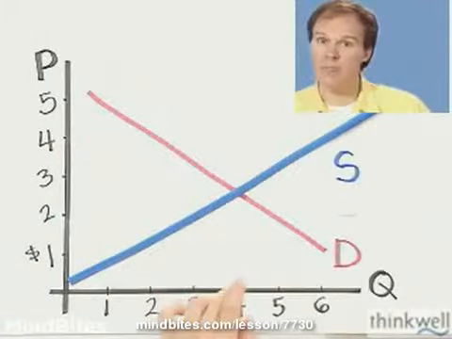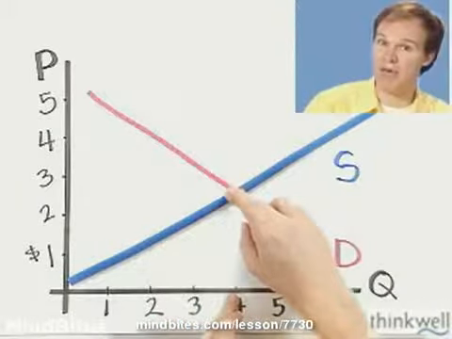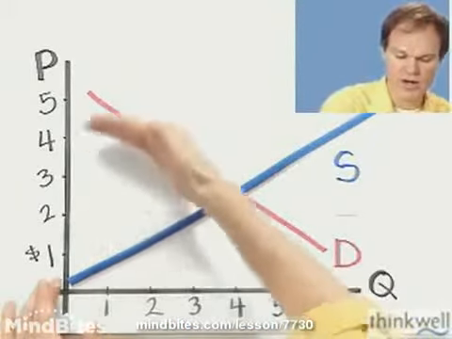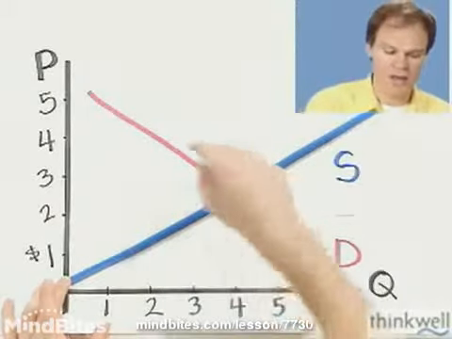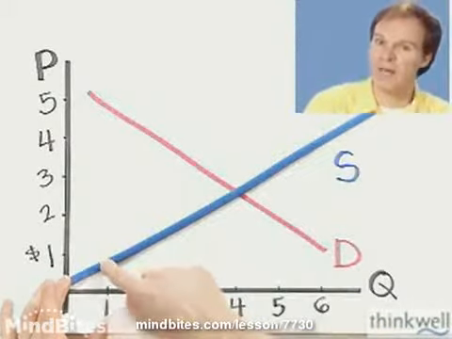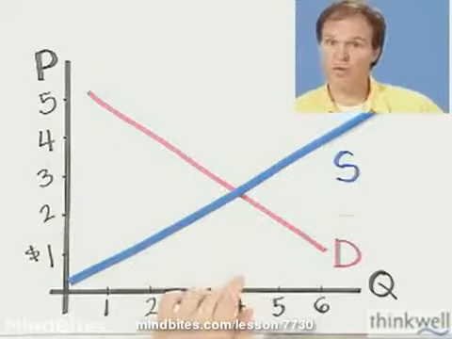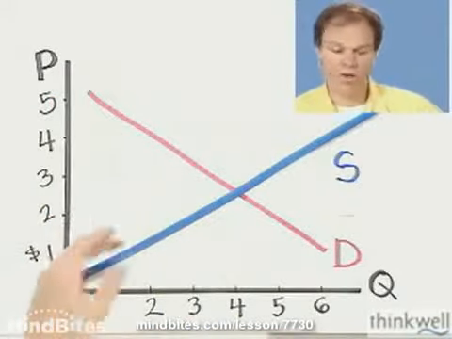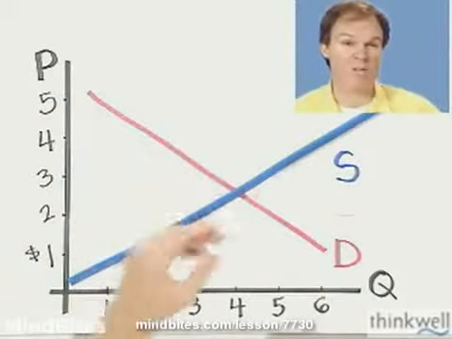So, the reason economists are excited about competitive free markets when there are no externalities and no wealth effects is because they lead to the quantity produced that maximizes economic value. This whole little wedge right here can be thought of as economic pie, benefit less cost, or economic value. And all of these units up to number 4 are units where the benefit is greater than the cost, and so they are economically profitable to produce. They're good for society.